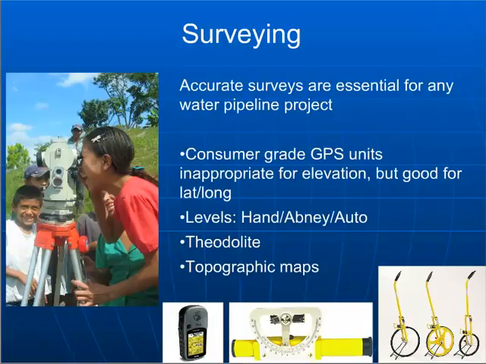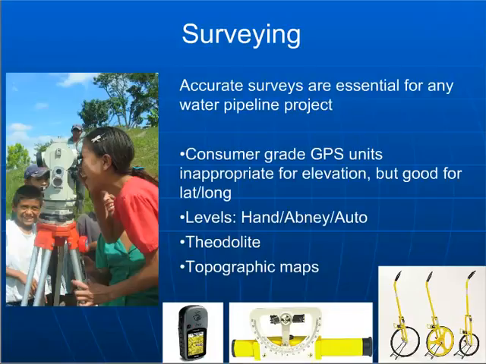Yes, there might be 5 families living on the top of the hill, but if the spring is at a lower elevation, then you're not going to be able to use a gravity system to provide water there. And so making sure that you have a good data set that includes elevation is really important almost from the